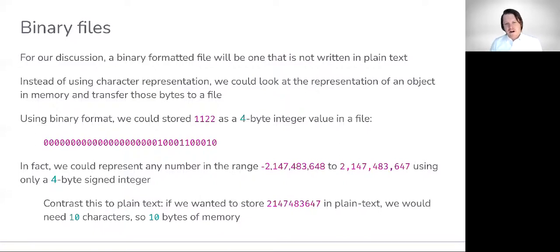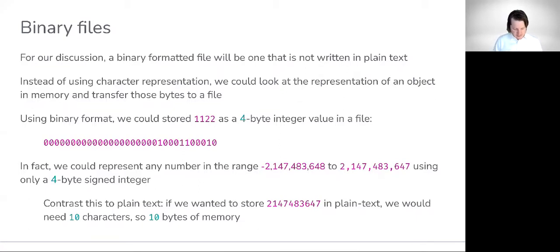For instance, do you recall our example of 1122? When we wrote that to a plain text file, we essentially represented it as 4 ASCII characters, 4 bytes. Instead of writing it as a sequence of characters to a file, we could just grab its in-memory representation. So the way our program is representing an integer in memory, let's use that same representation in the file. And we can see here that in binary, that integer would be represented as 4 bytes